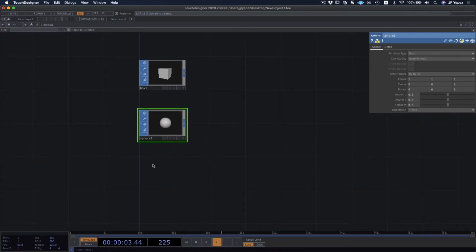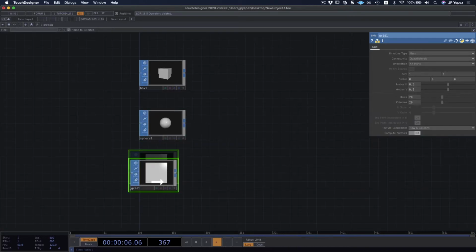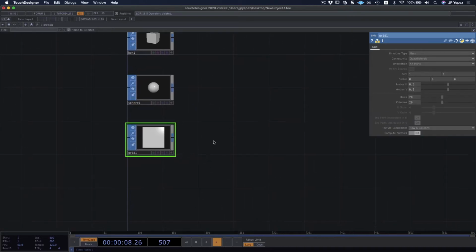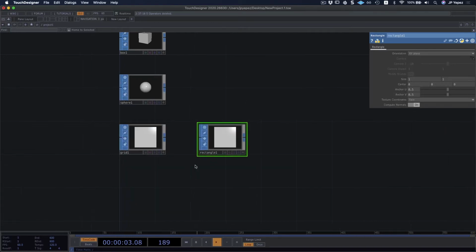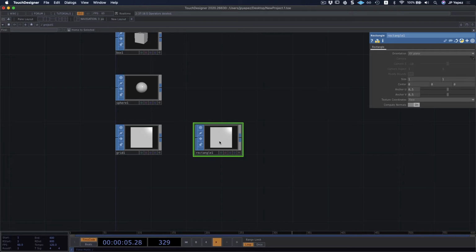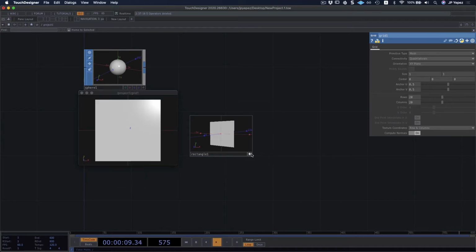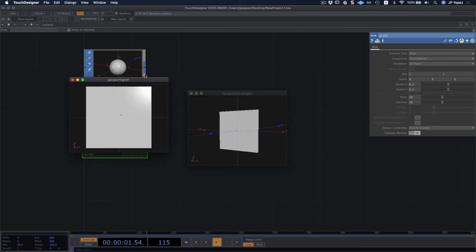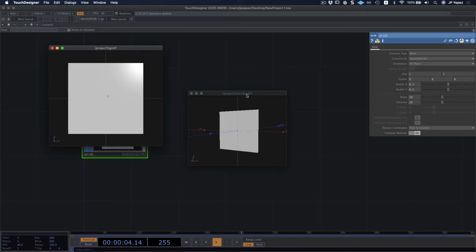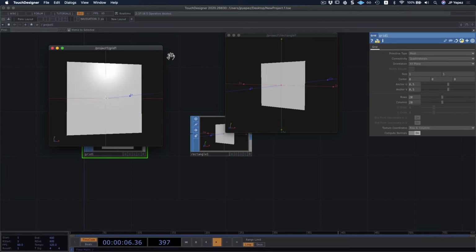We also have a grid, and I'm going to show you this. Well, I'm going to compare this with a rectangle. Remember that this is not the same thing as the rectangle in the texture operators. This is a rectangle in 3D. So we have a rectangle in space. Now, our grid, and I'm going to check both viewers just to make sure that I can really see them clearly. These two figures look just the same.